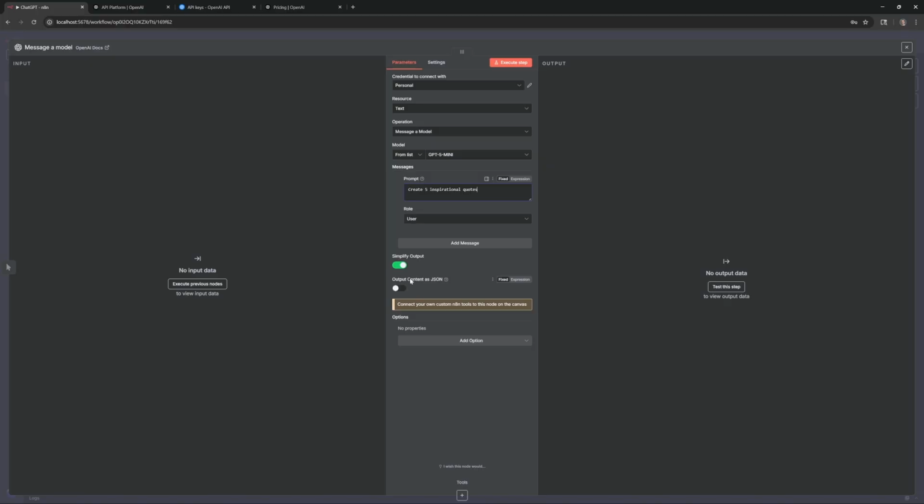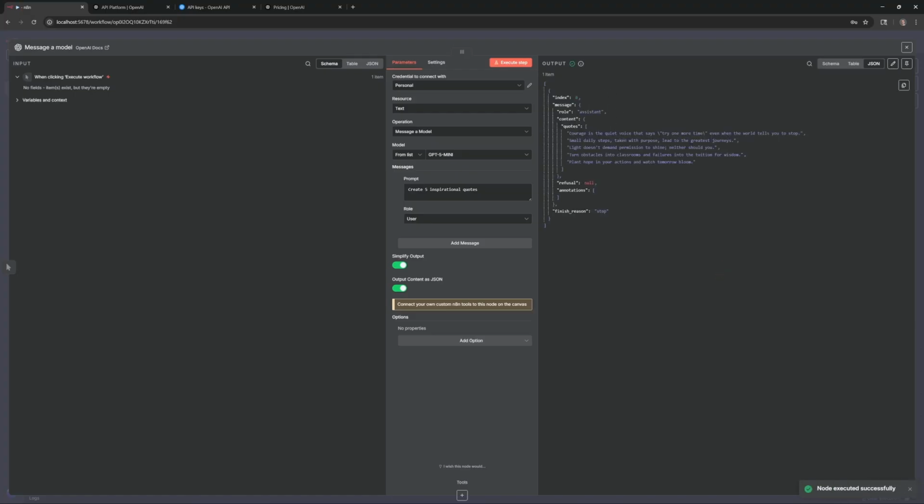And then down here, if you're going to use the output from this in your workflow, I always recommend choosing the output content as JSON. That way it's a lot easier to just use it elsewhere. And then down here underneath options, you do have all these different options. You can actually come in and modify how you want it to act. I'm not going to get into all that because I honestly don't know it. So I'm just going to leave all those. If we were to run this now, just execute step, you should now see the output pop up over here on the right. And then you could use this in a future workflow.